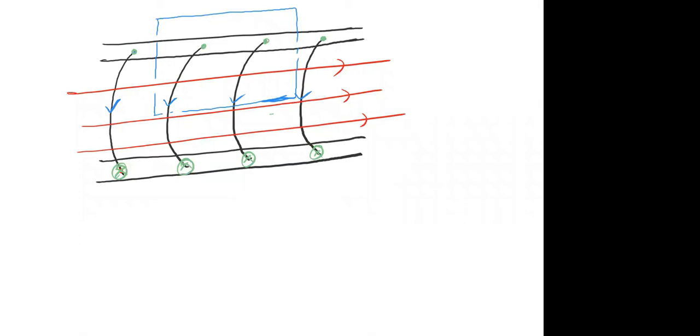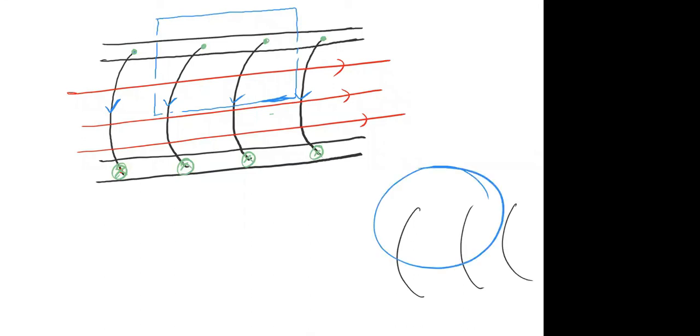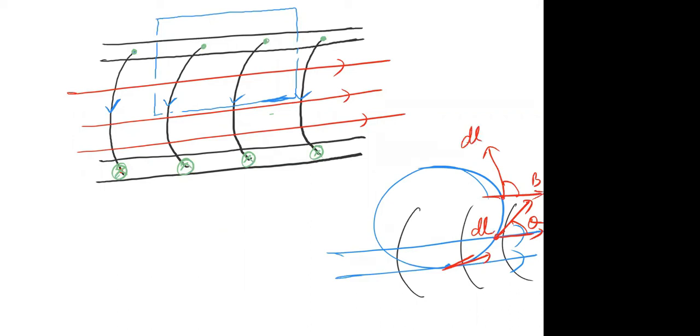We were using the circular loop for a particular reason, to keep the magnetic field constant. Then, sir, why are you not using this in this particular case? The reason is, if you take a circular loop in this case, because magnetic field is like this, if you take the tangent at any point, don't you think at every point the angle is changing? What angle? The angle between the magnetic field and the dl. The angle between magnetic field and the dl will change or not? Please try to understand this.